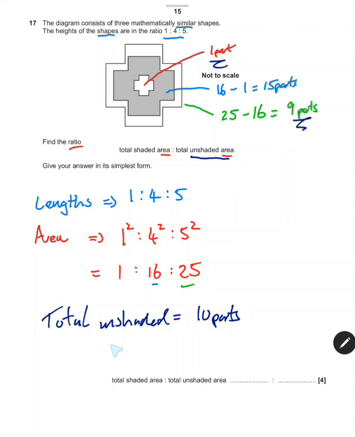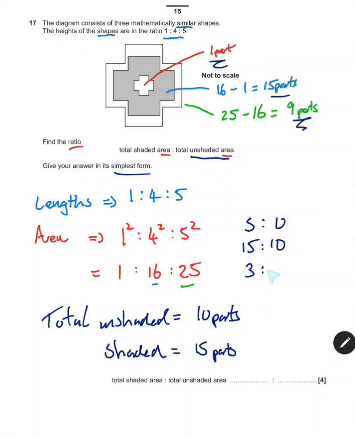And then we know that shaded is just 15 parts. If we want shaded to unshaded, we get shaded to unshaded, 15 to 10. It does say give your answer in its simplest form, and these will both divide by 5, which is 3